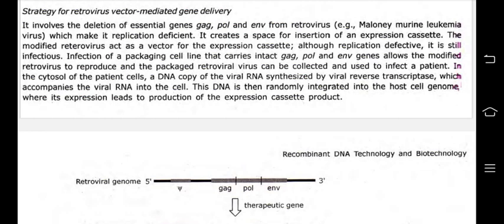Infection of a packaging cell line that carries intact gag, pol, and env genes allows the modified retrovirus to reproduce, and the packaged retrovirus can be collected and used to infect a patient. In the cytosol of the patient cell, a DNA copy of the viral RNA is synthesized by viral reverse transcriptase, which accompanies the viral RNA into the cell. This DNA is then randomly integrated into the host cell genome, where its expression leads to production of the expression